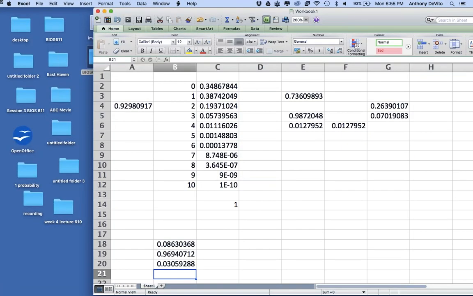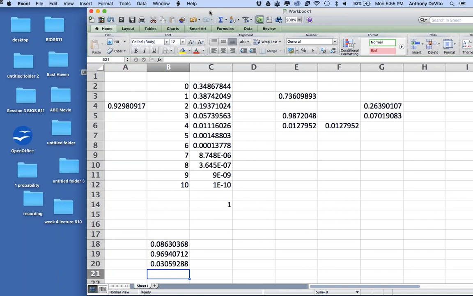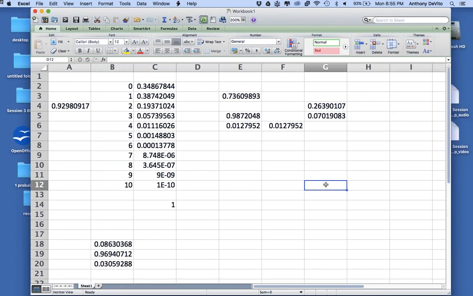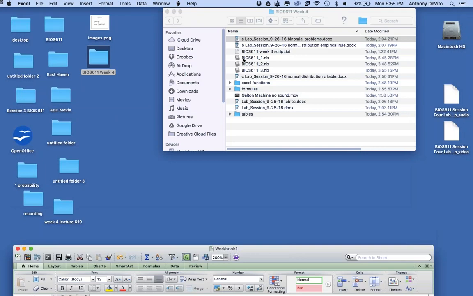So n times p is how you got the median? The median, yeah, the mean, really the mean. The mean number of heads that I would expect, right? The most likely outcome is the mean. Okay, so let's see. So I'm going to open up this next